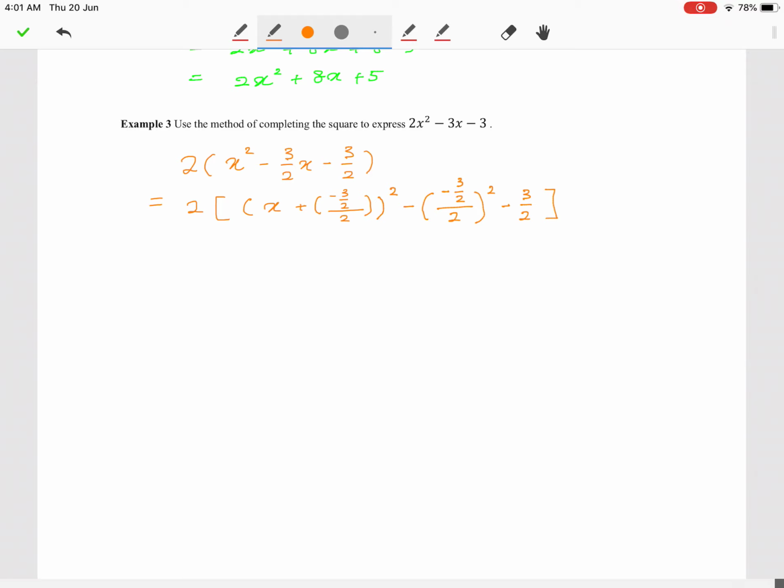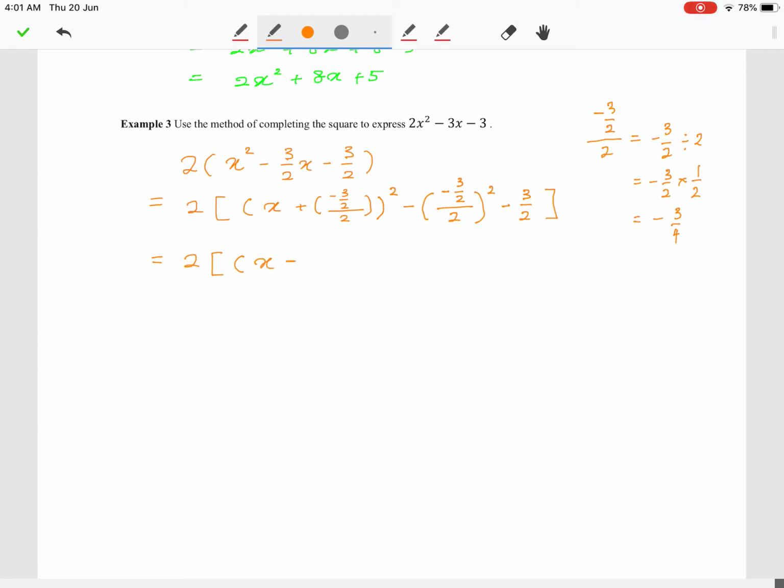If you simplify, negative 3 over 2 divided by 2 is negative 3 over 2 multiplied by 1 over 2, which is negative 3 over 4. So in that case, our term in the bracket simplified into